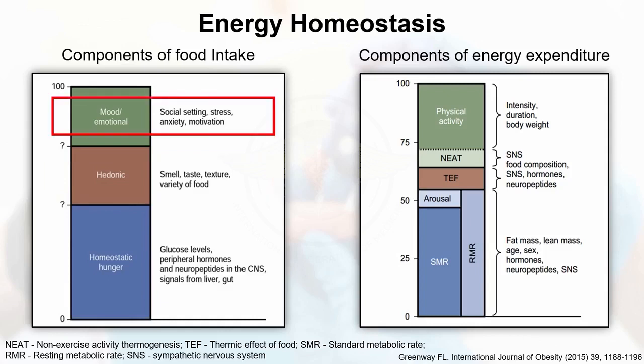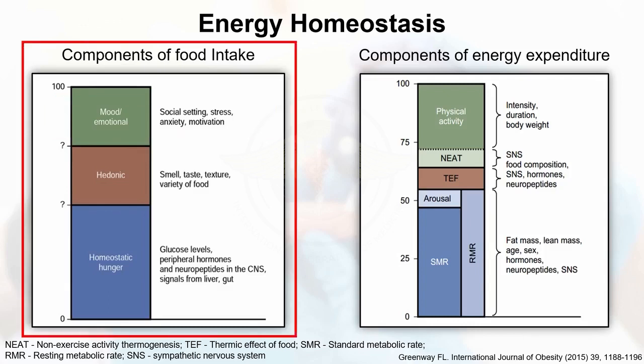This is hedonic. Now, what is emotional or mood? We all know that. There's a birthday celebration, there's Diwali, and we all want to eat sweets. And also when we have exams, there is stress. So you tend to binge when there is an exam, there is stress and anxiety. So you're motivated to eat. So these are the components of food intake. It's not just homeostatic. Homeostatic is what we want. We want a balance, that it should be homeostatic, but we also have hedonic and moods and emotional eating.